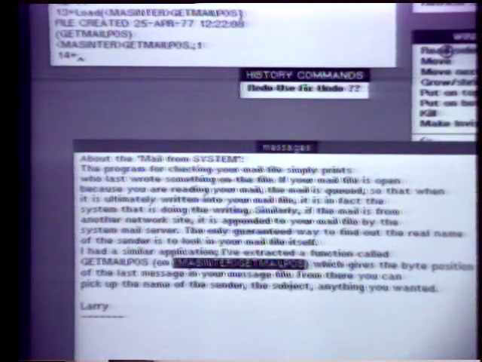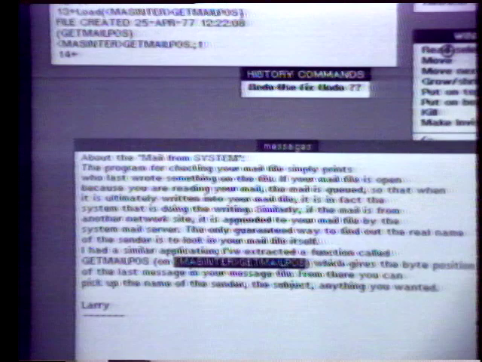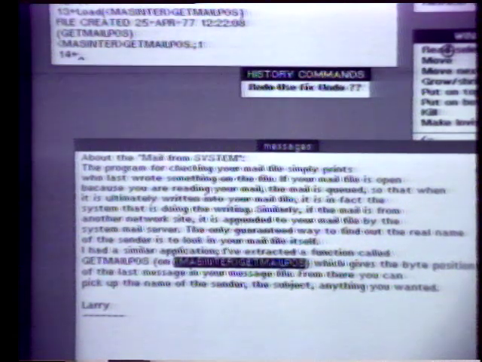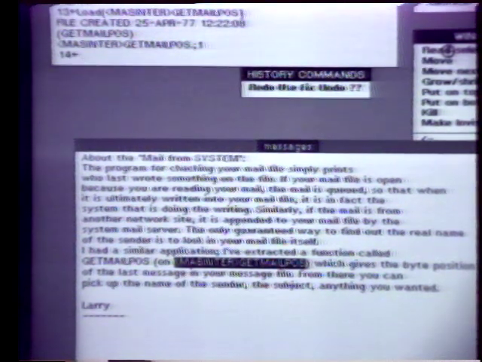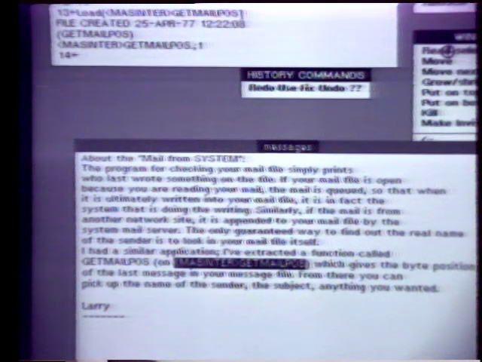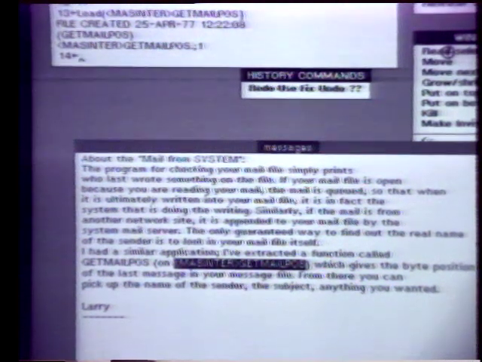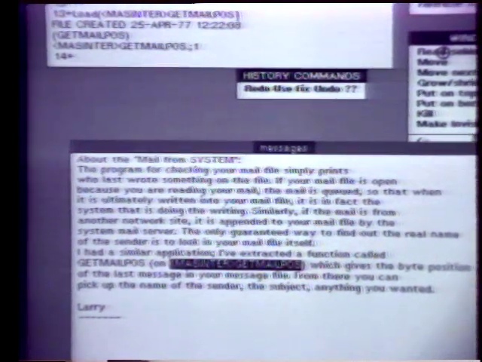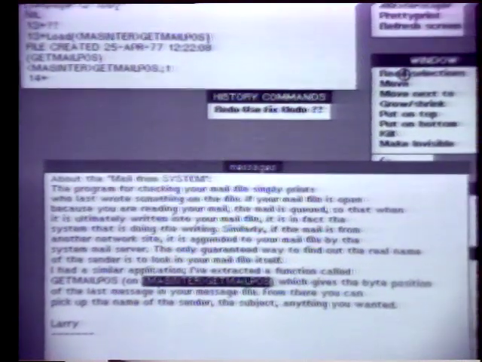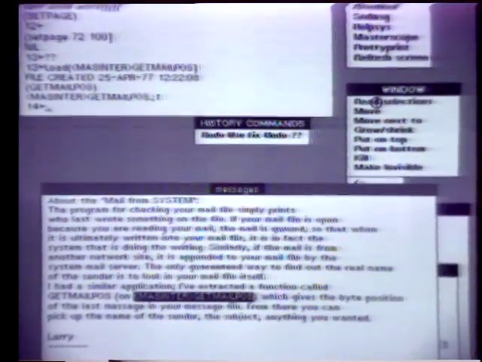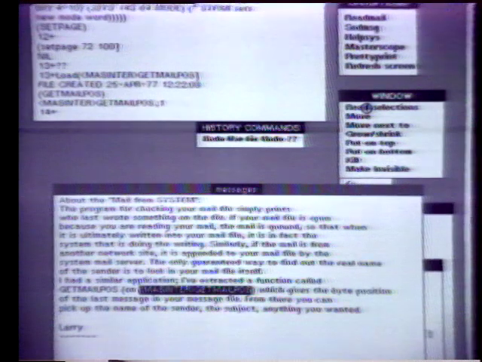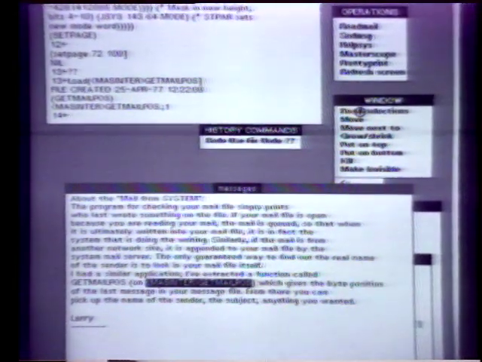Now my next question is where to make the change. Now I didn't write the check mail package, but there must be some function in there which simply prints a message saying where I have mail from. So I'm going to call MasterScope, which is a package in LISP which analyzes large programs, and have it analyze the program check mail and see if I can't spot what looks to be the name of the function that I want to change. So I will select MasterScope,